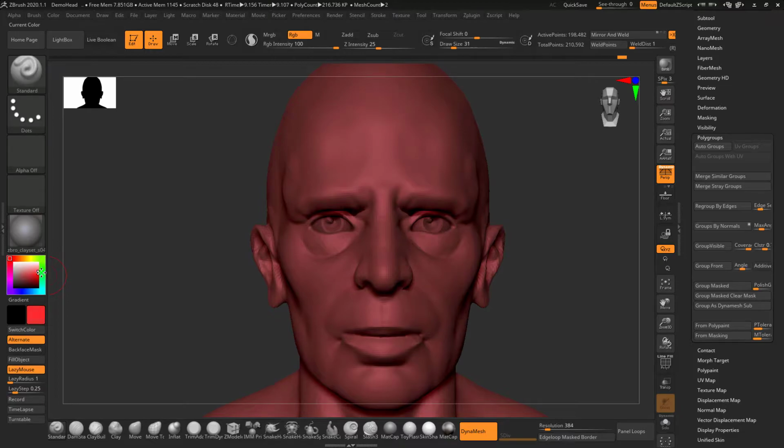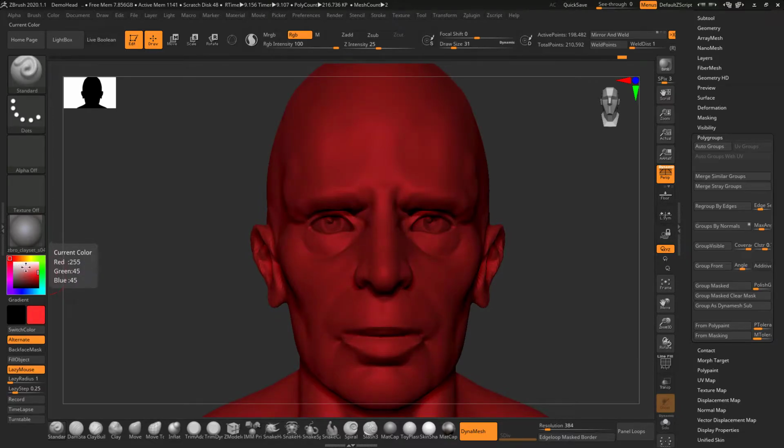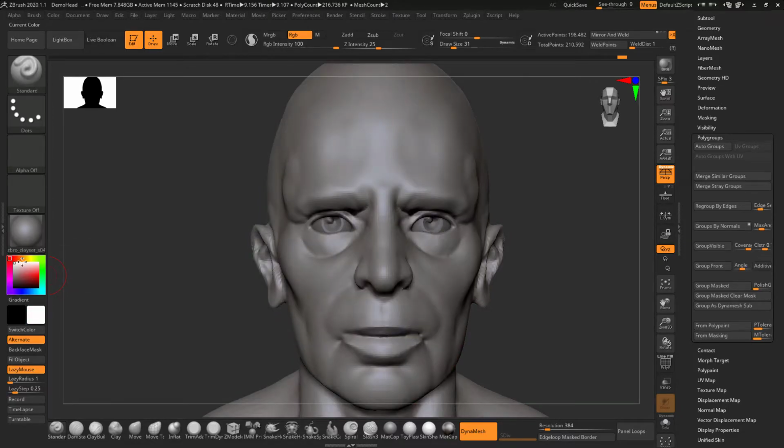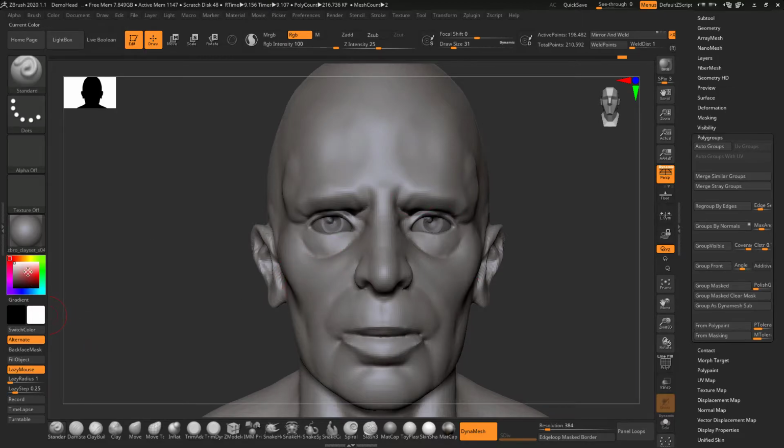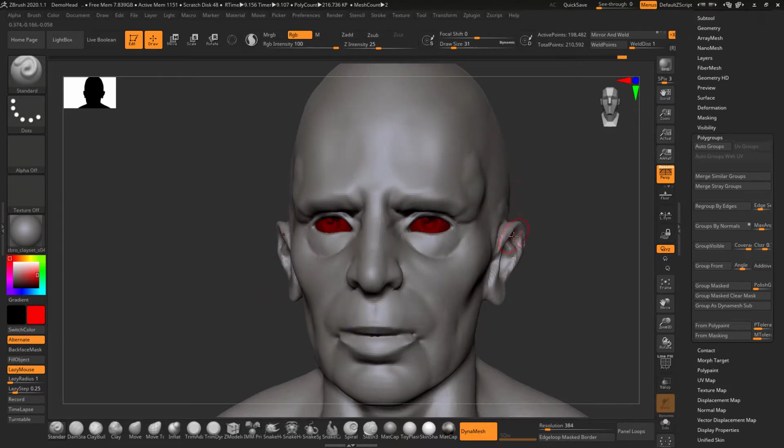To avoid this, if you just want to show the color that you want to paint, click on Fill Object. This is also available in the color palette. Now when you change any color, your object will not show the preview. Here you can make a selection.